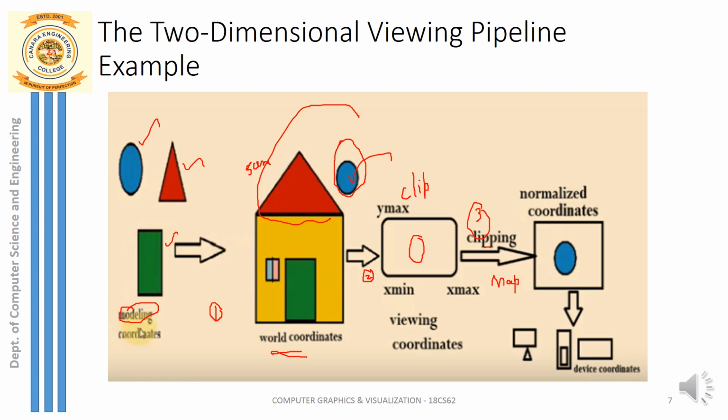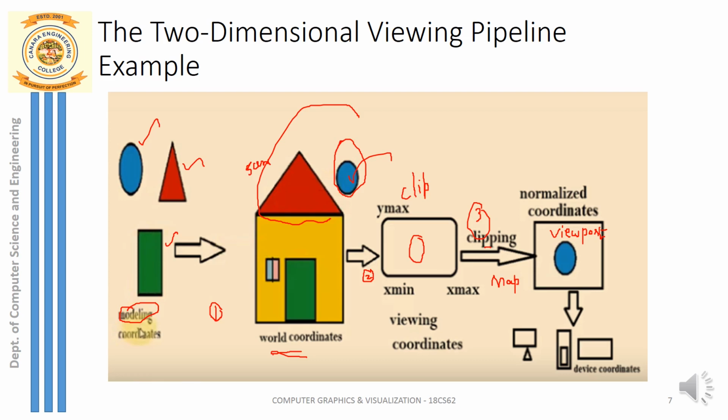That is after mapping this 2D graphics onto the viewport. What is that viewport? A desired portion in the display window. You choose the area in the display window, you choose the area on the monitor screen to finally display the graphics. Choosing that area is nothing but the viewport with a certain boundary. And what is that boundary again? XV minimum, YV minimum, XV maximum and YV maximum. That portion on the screen or on the display window you have chosen is nothing but the viewport.